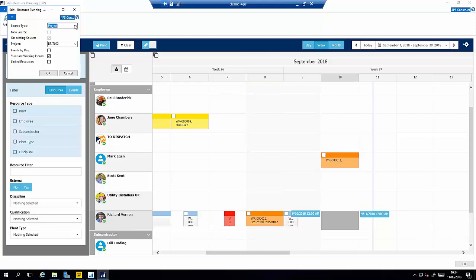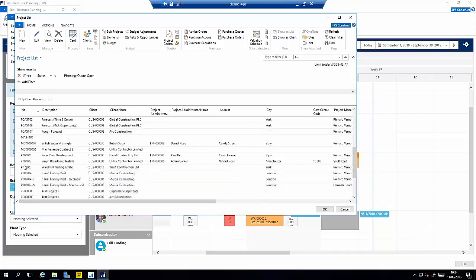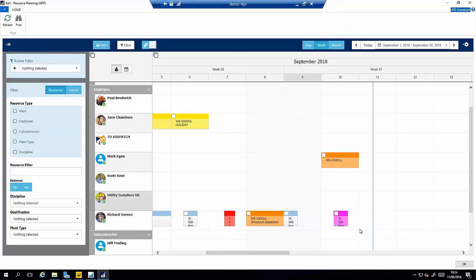So I can say this is a request, a service order, a project, or an absence. If I leave it at project, I can then choose a particular project. So it's again using the shared information from 4PS. This is the standard project list that we have. If I go in here and pick out the Riverview development, for example, and OK that, you can see